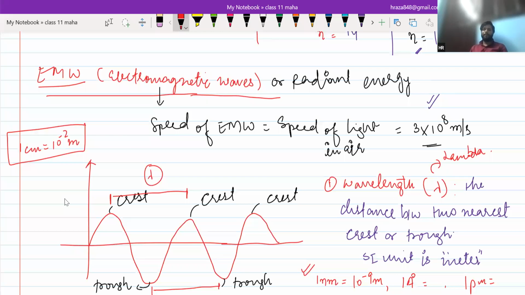So questions on electromagnetic waves will be asked in terms of micrometers. 1 femtometer will be equal to 10